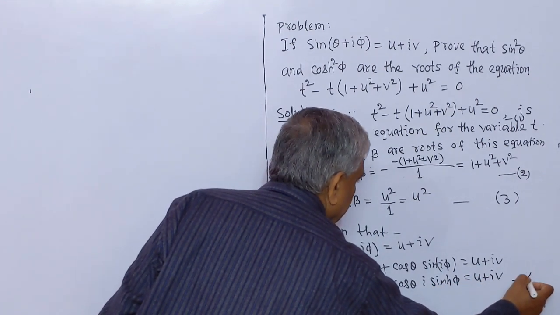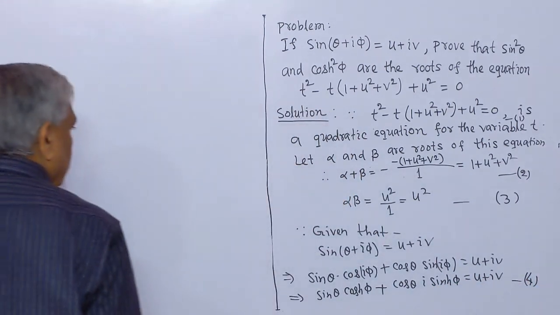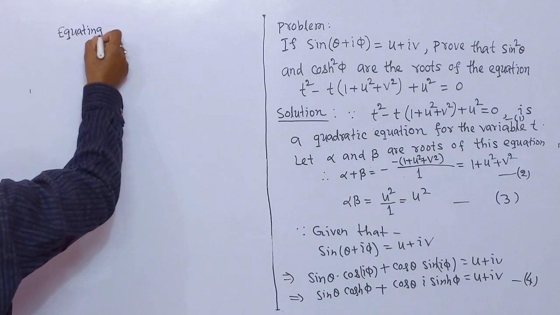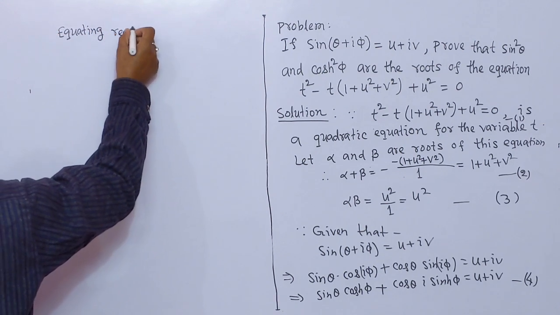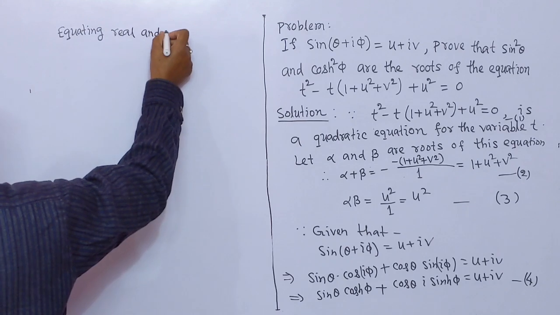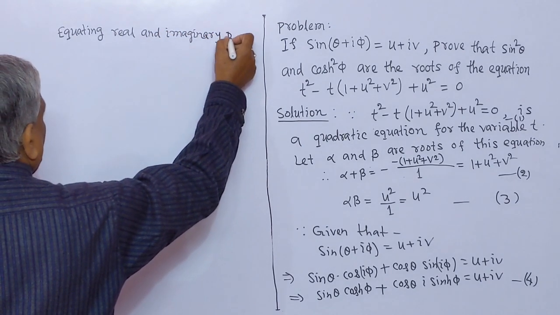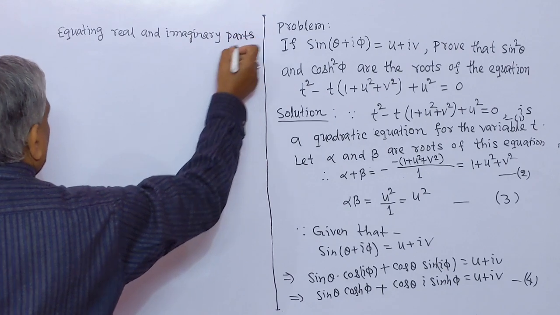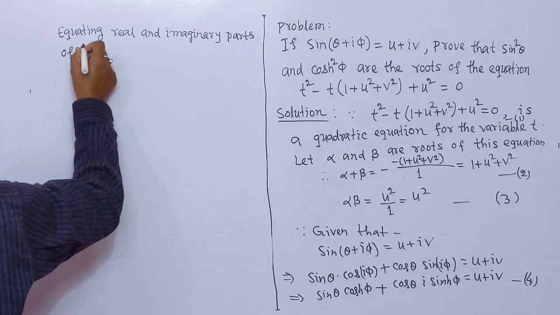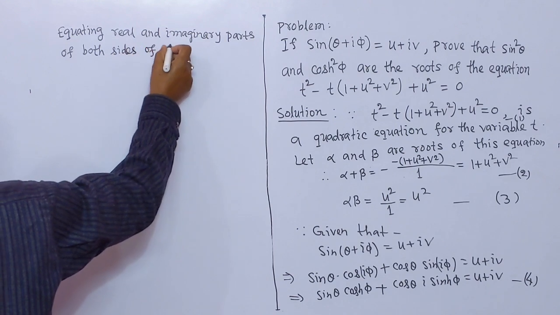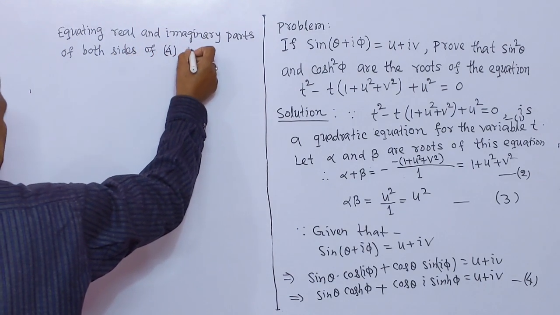This is number 4. Equating real and imaginary parts of both sides of 4, we get